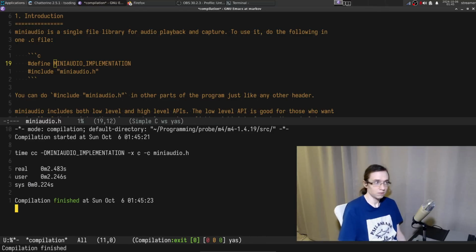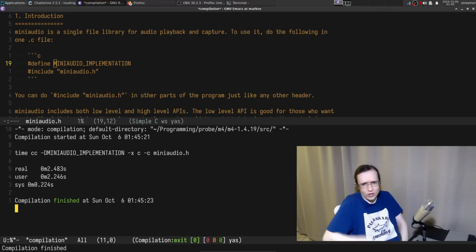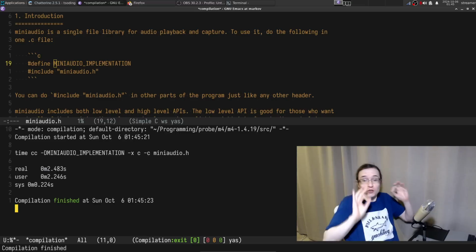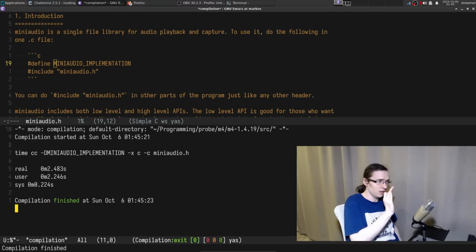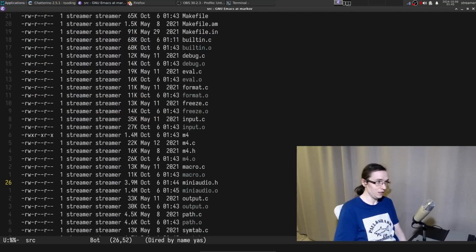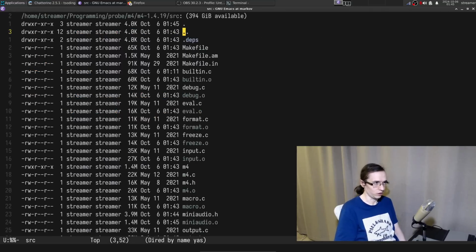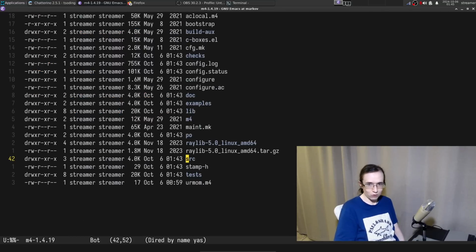2.5 seconds. And it's a single file bigger than M4. Doesn't require any fancy autotools generators with M4 and makefile. None of that. Single compilation command. That's how it should be. This is actually a proof that all of that stuff is literally for busy work. It is literally for busy work.